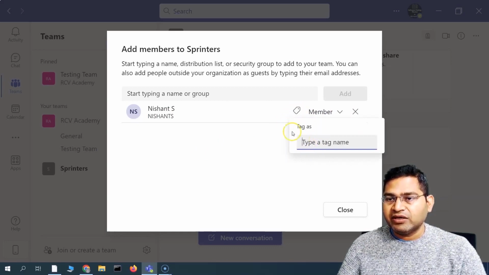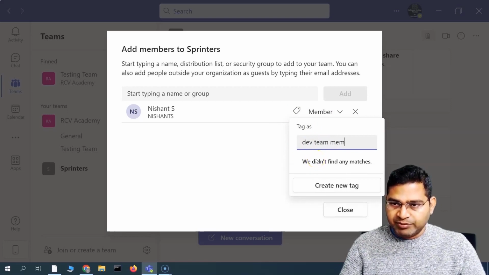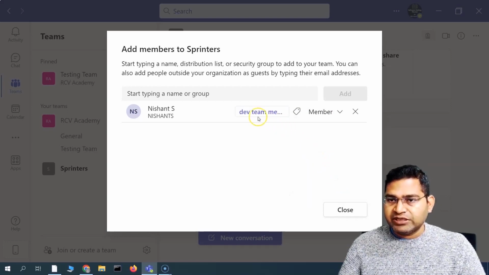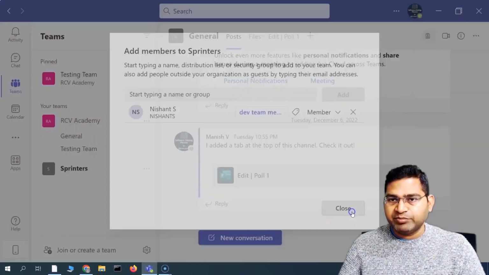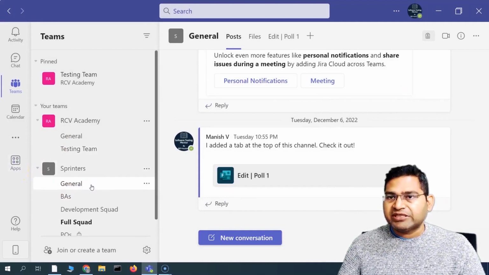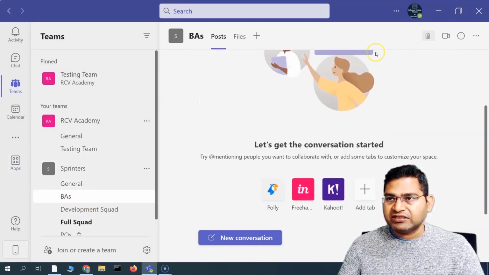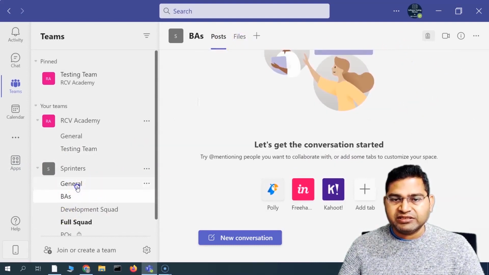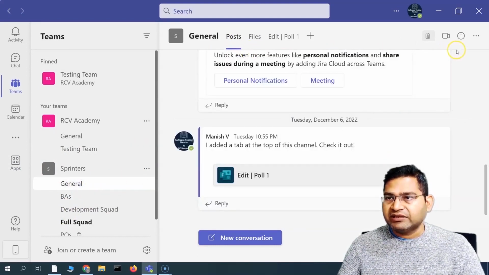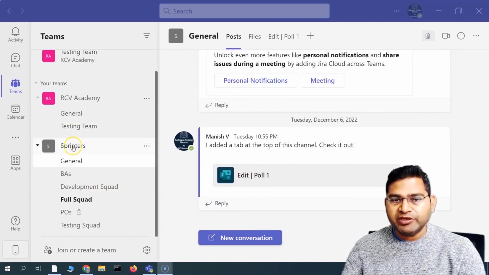and then you will see I can also add and remove tag names here as well, right? So for example, this is the dev team member. Okay, and then I can create a new tag, right? And then simply close it. So now in this particular team here, sprinters team, they will be part of all the channels, basically all the channels that are there, they'll have access to all of these details that are there. Okay, so this is briefly how you are going to add the new members to any of the teams,